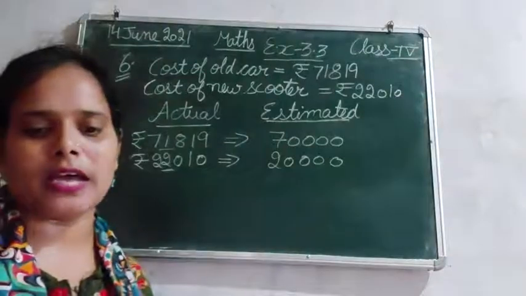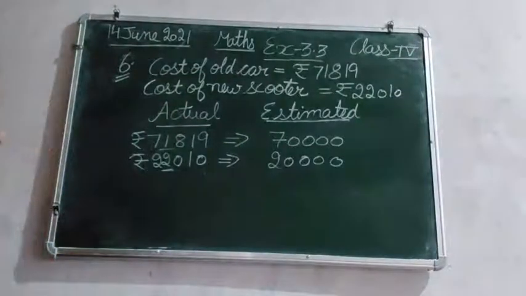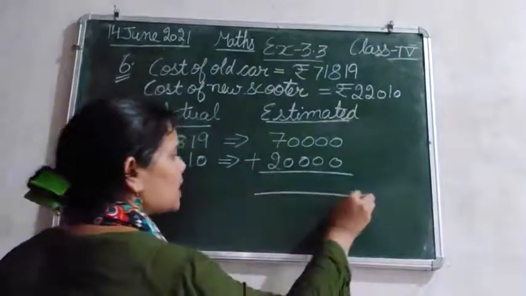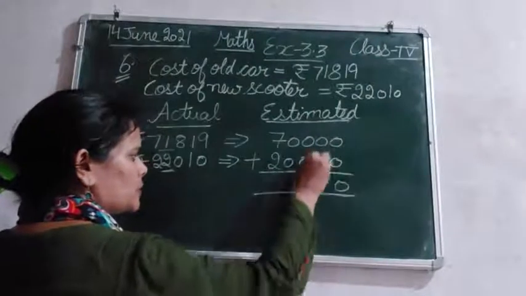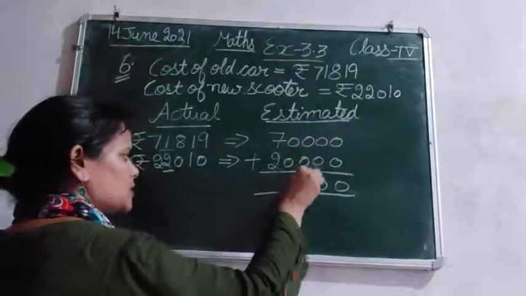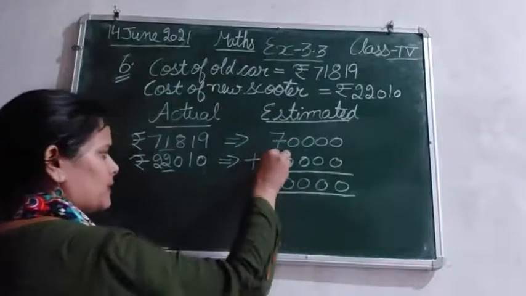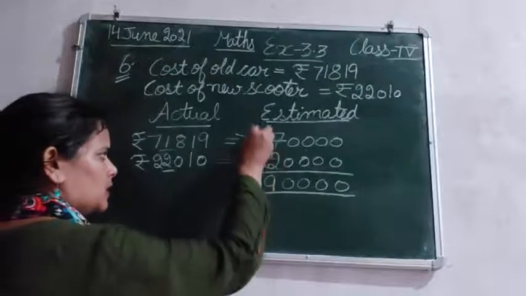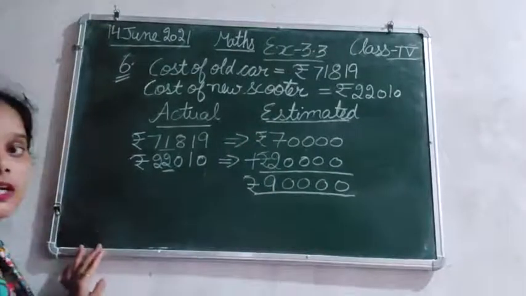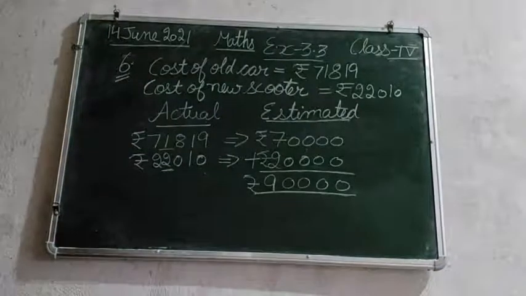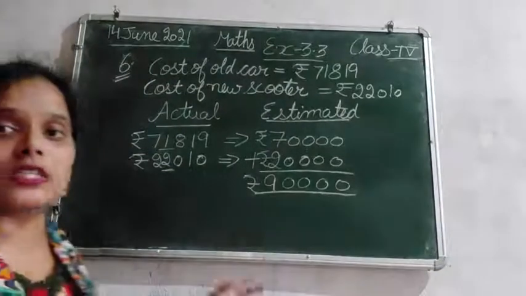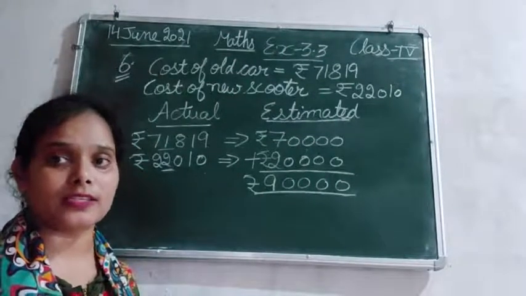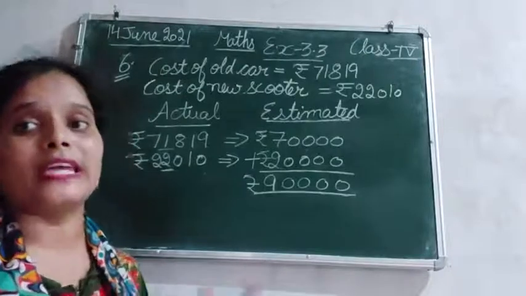And we need to find out the estimate total cost. Okay, so total cost estimated वाली निकालनी है. So we will add them. Okay, 0 plus 0 is 0, 0 plus 0 is 0, 0 plus 0 is 0 and 0 plus 0 is 0. 7 plus 2, 9. And that is rupees. Don't forget to put the rupee sign because we are doing the sum in the unit is rupees here. Okay. So the estimated total cost he had to pay is rupees 90,000. So 90,000 is the estimated cost that he needs to pay or he had paid.